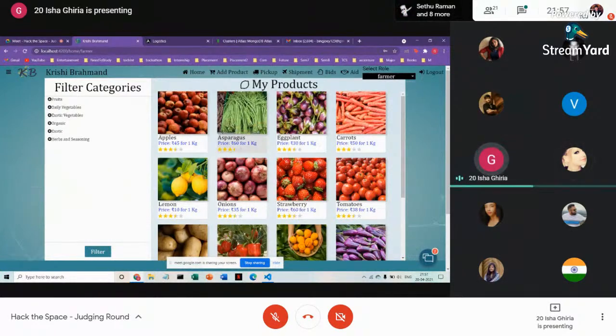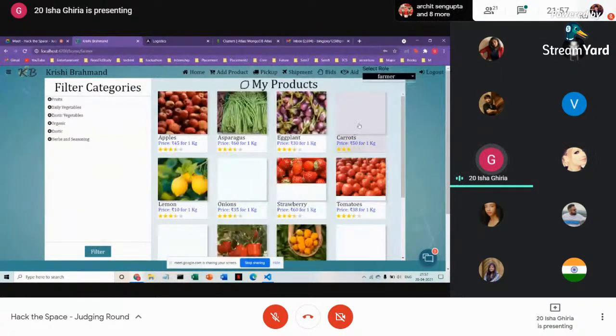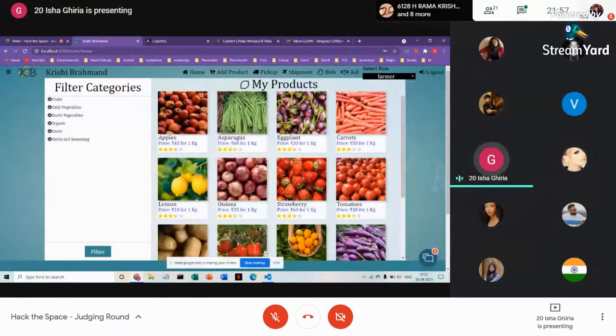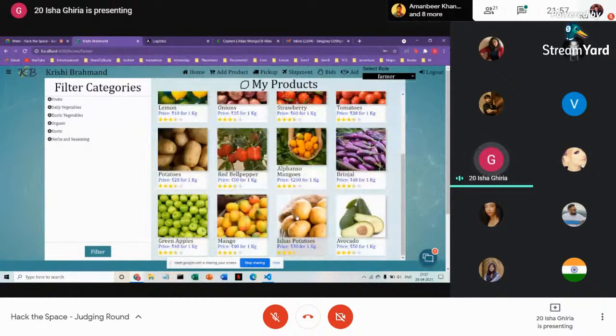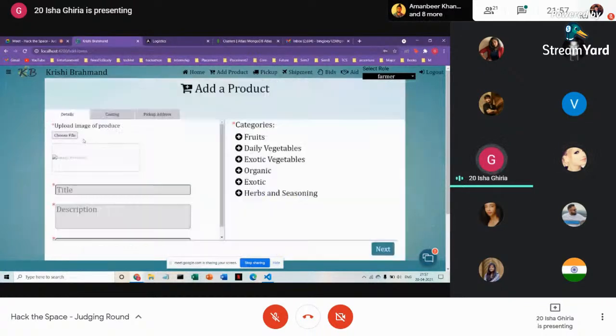Right. So right now I logged in as a user who has enrolled as a farmer. That's why he has the option of choosing both a farmer role as well as a consumer role. Now I'll be presenting the farmer role. In the farmer role, the homepage shows all the products that have been added by the farmer to our platform. You can add a product by going to add a product in the navigation bar,